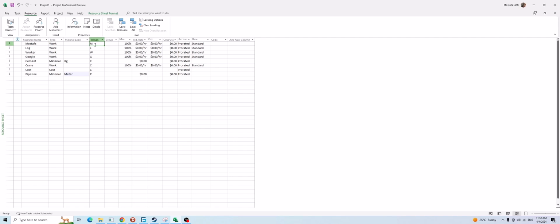You can change it if you want, but at the beginning it puts the initials of the name in this field. Later, when we discuss how you can create a filter or a group inside Microsoft Project, you may want to use this field. It's not very important because there are other fields you can use for the same purpose, and honestly this one is not important. Group is also the same,